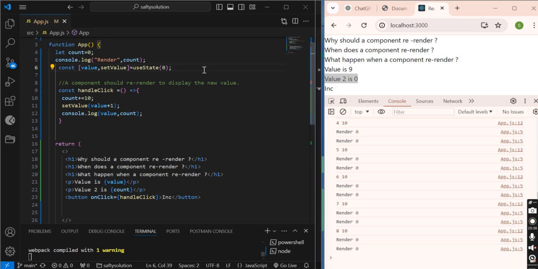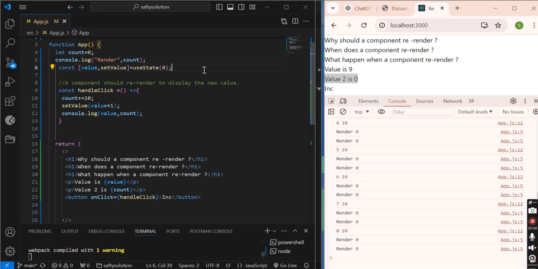Now we have the second question. When does a component re-render?